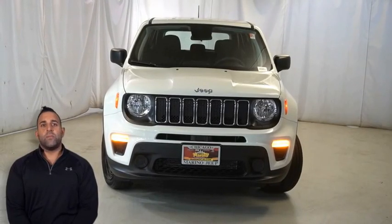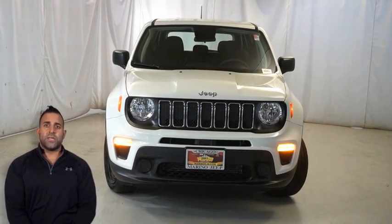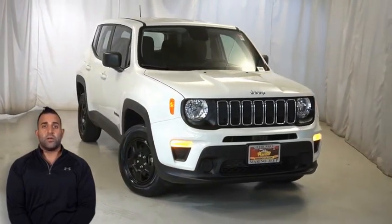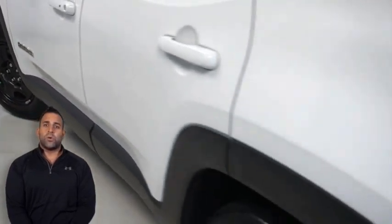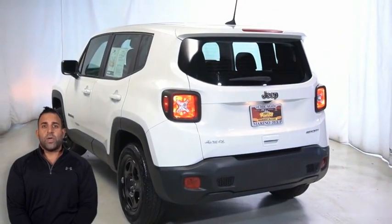Looking for a highly equipped compact SUV with all the right options and reliability? We'll take a look at this certified pre-owned 2019 Jeep Renegade in bright white. With halogen headlamps, 16-inch steel wheels, power heated mirrors, rear window wiper and washer, remote start, manual 6-way adjustable driver's